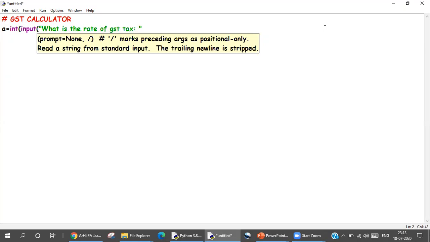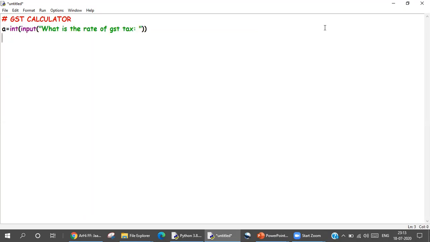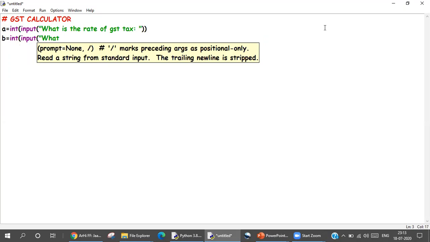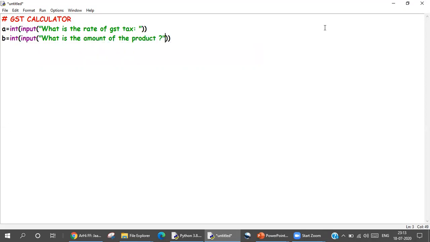We'll take it from the user. Next, what is the amount of the product. So B equals input: what is the amount of the product.